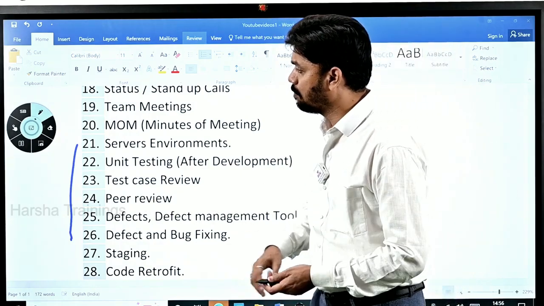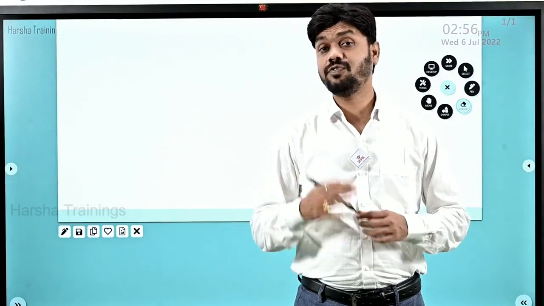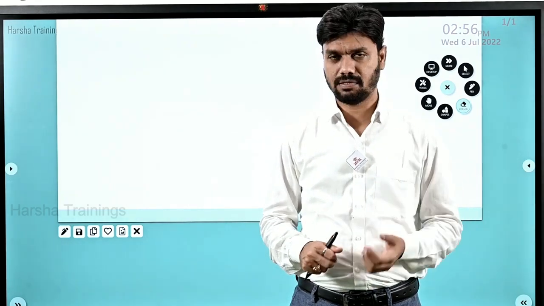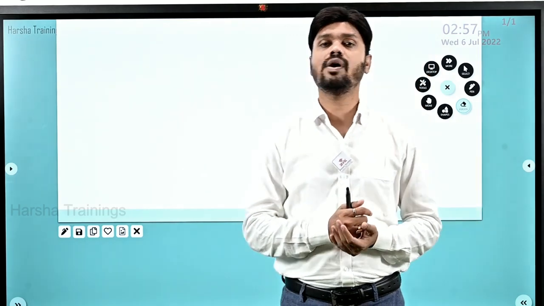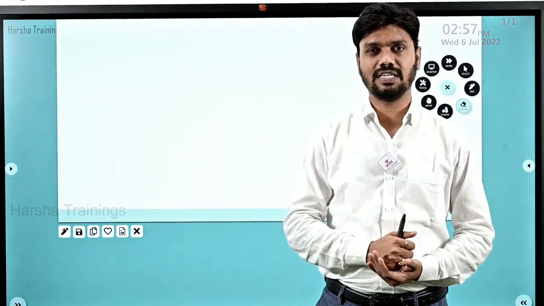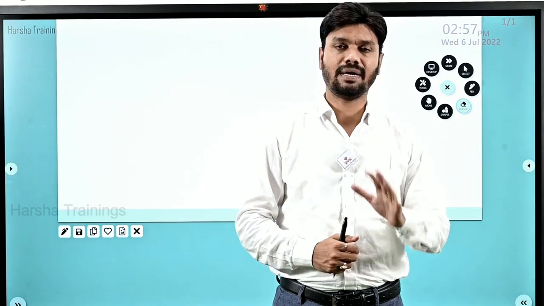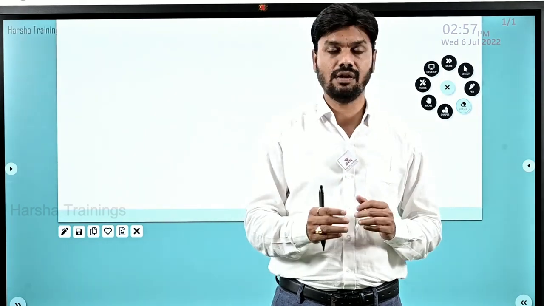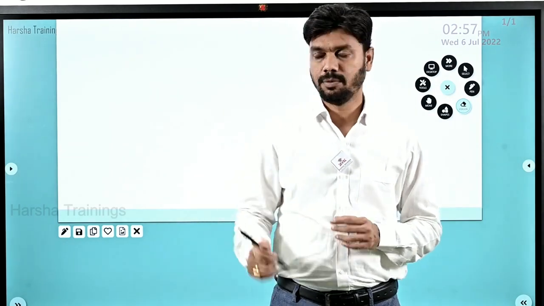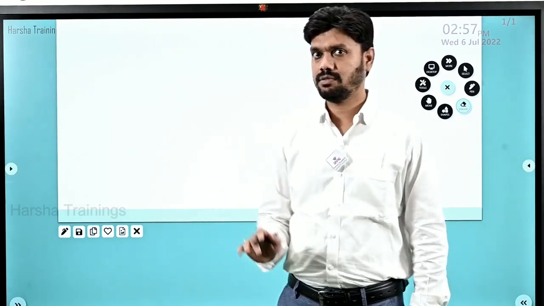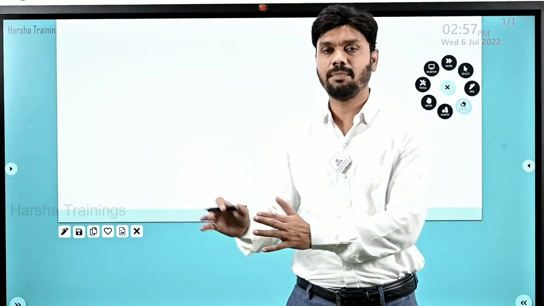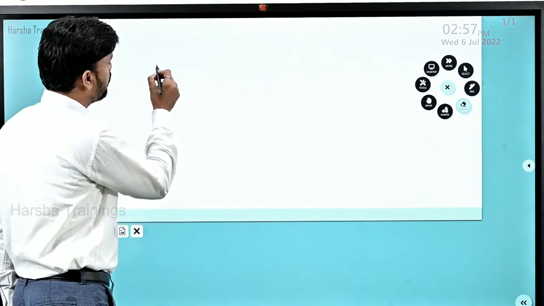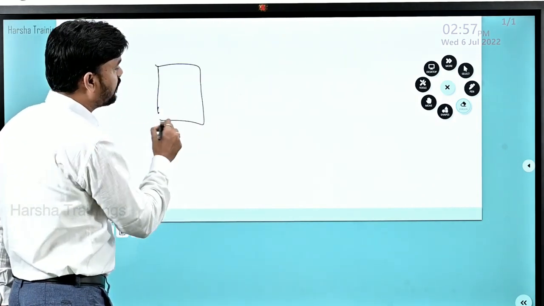So let me go ahead and take the board. The Amazon application which we are accessing from the live server would have been developed by some developers. There will be developers who work on the respective technologies and they would have developed the Amazon application. But the Amazon application will not be developed on the same server which we are accessing, which means it will not be developed on the live server. For development there will be a separate machine. So there will be 4 servers, like server 1, this is the development server,